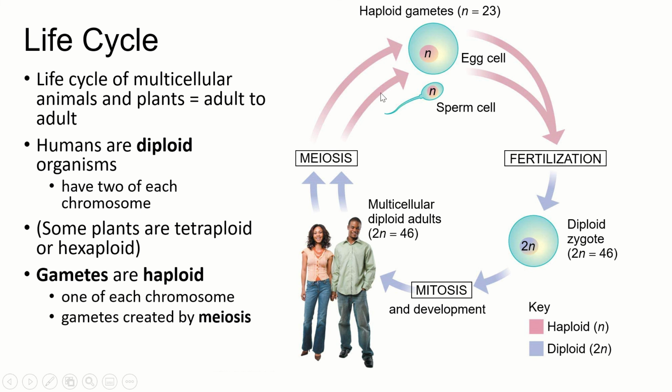All right, so here's a general multicellular animal and plant life cycle. We start with a diploid adult. The male and female both do meiosis and create haploid gametes, an egg and a sperm. Those two meet and fuse. That's fertilization. That creates a zygote. That zygote then starts to undergo mitosis and eventually grows into an adult capable of doing meiosis. So that's the general multicellular life cycle.